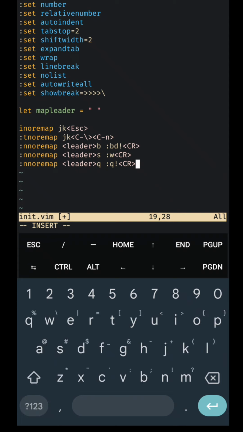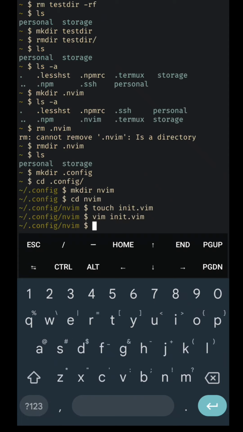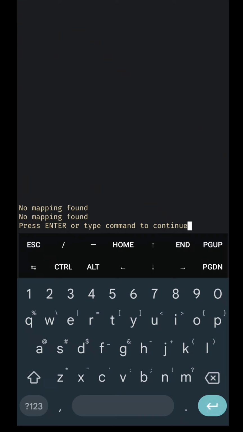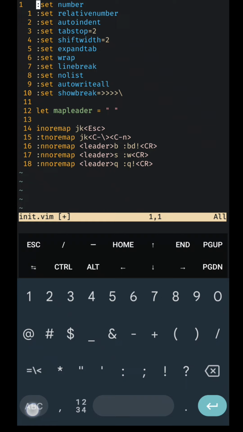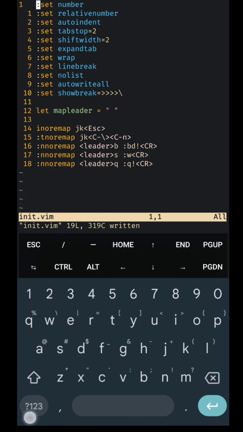All right. So I edited that file, and now let's test it out to see if no mapping is found. Looks like I messed up some things. I did mess up some things. That's okay, I'll fix it later. But anyway,